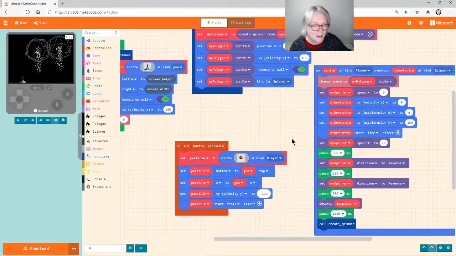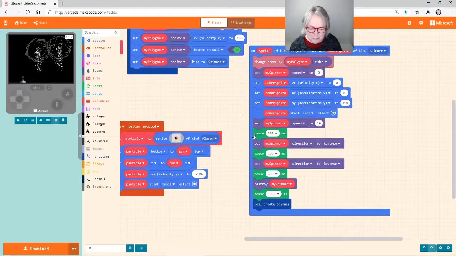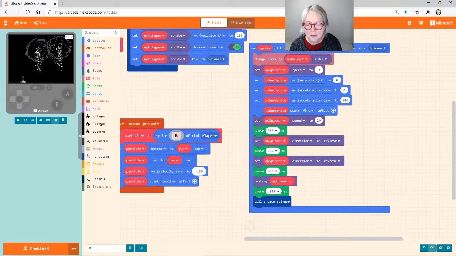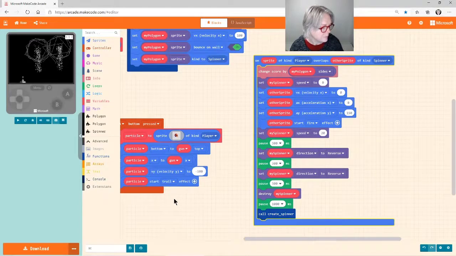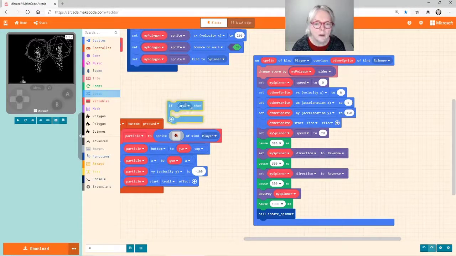Oh, I know what's happening. I had to fix, yes, I have seen this before. So what it's doing is it's going into this event. They're overlapping and it's running more than one at once. So every time it runs one, it calls this create a spinner. So what we have to do, and this happens a lot in using Arcade,